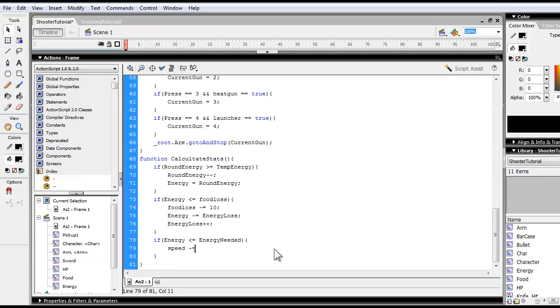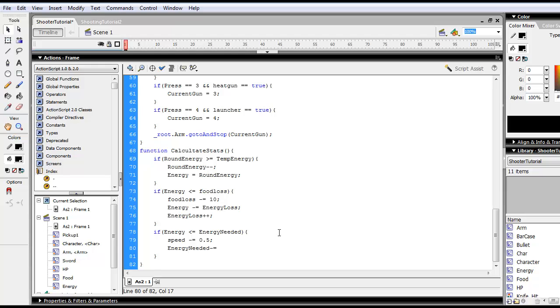Speed minus equal by 0.5. And so it doesn't loop, we'll make energy needed minus equal 5. So then energy needed equals 15. Once it goes below 15, speed will decrease. Then it'll go to 10. And then once energy needed